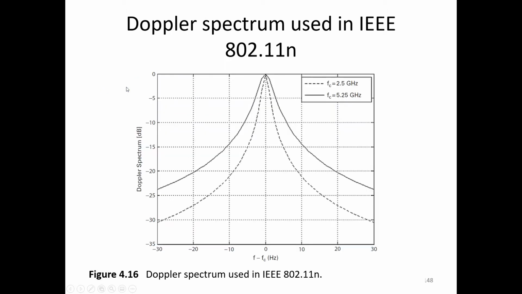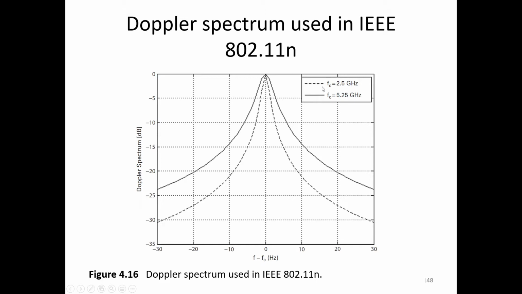Figure 4.16 shows the Doppler spectrum used in IEEE 802.11n. The x-axis is f minus fc from minus 30 to 30 Hz. The y-axis is the Doppler spectrum from minus 35 to 0 dB. And the dashed line is for Fc being equal to